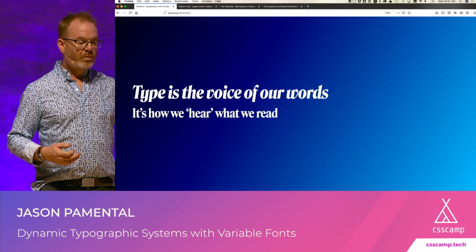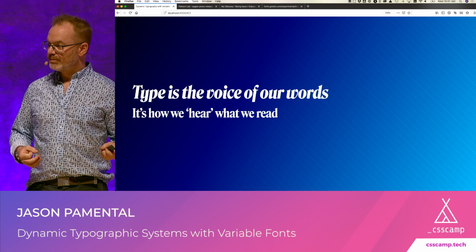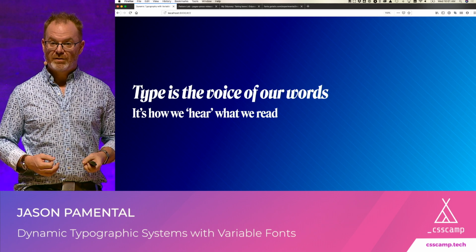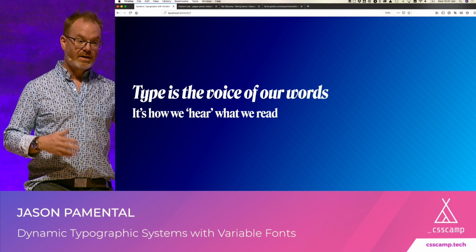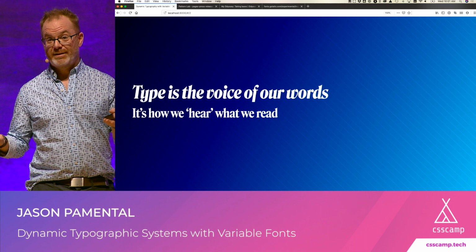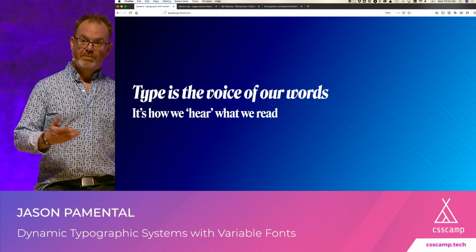And so, while I'm going through this, some of you will notice that this is running in a browser. Everything that you're seeing here is actually all set in variable fonts and running in Firefox. It's just a regular build, it's nothing special, other than the fact that it's Firefox and it's awesome. And I'll show you a little bit about the dev tools and things like that that really sort of separate